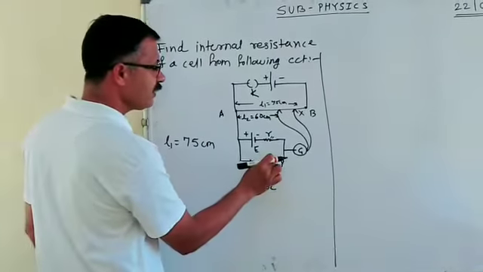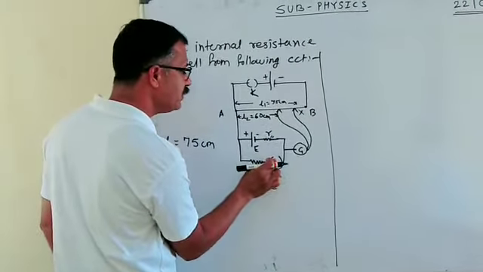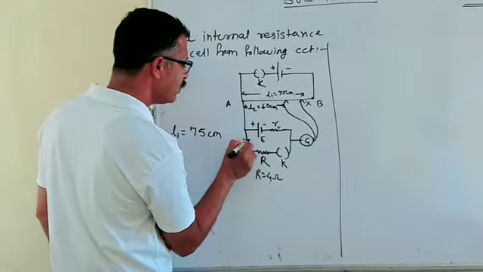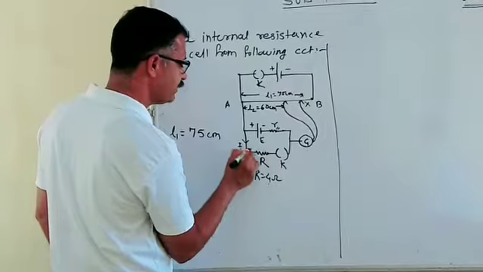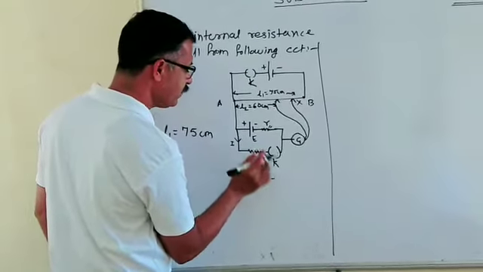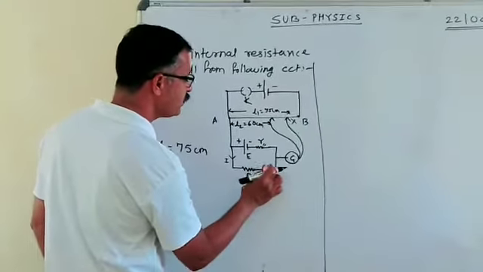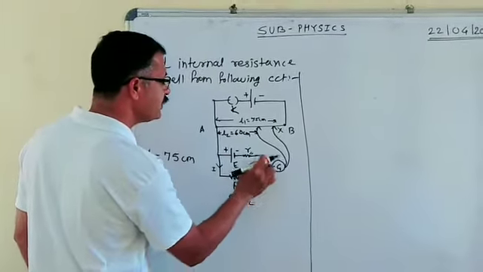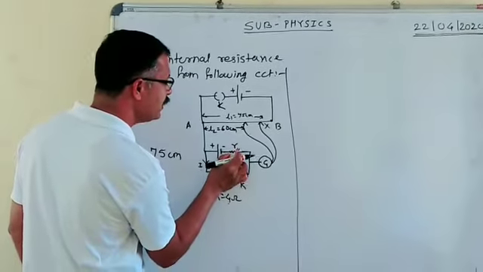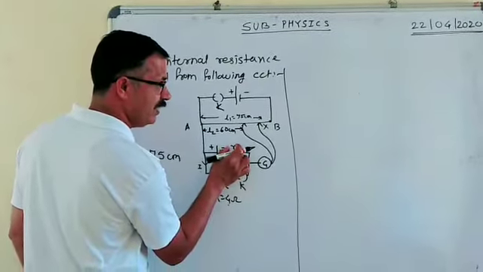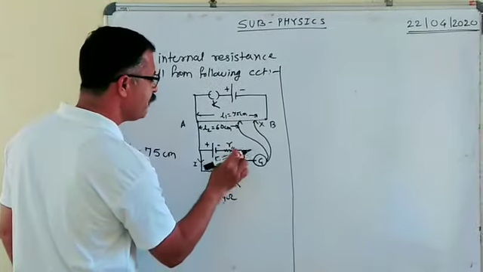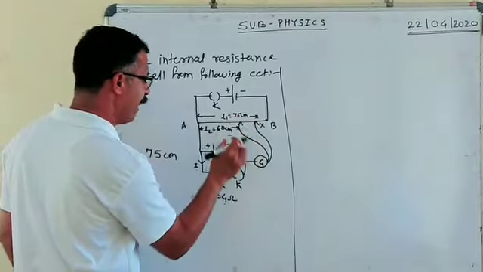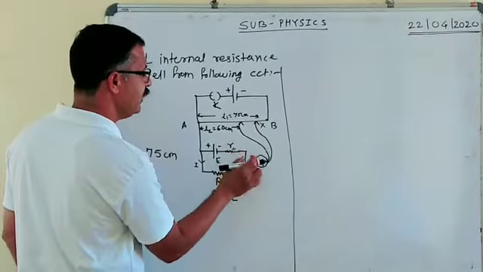Now, the key is closed. When the key is closed, current starts to flow through this cell and through the external resistor. Let us consider it is I. The external resistor whose value is 4 ohm goes through this and completes the circuit. When current flows through this circuit, some amount of internal resistance is drawn here.